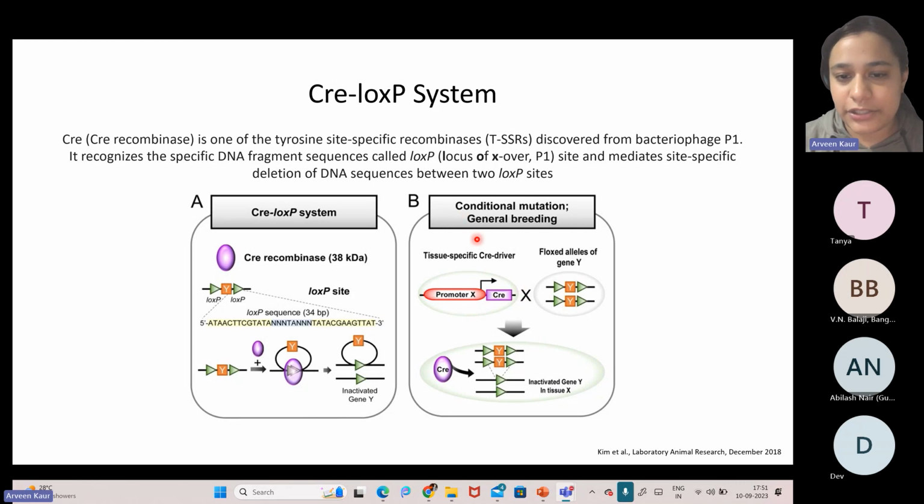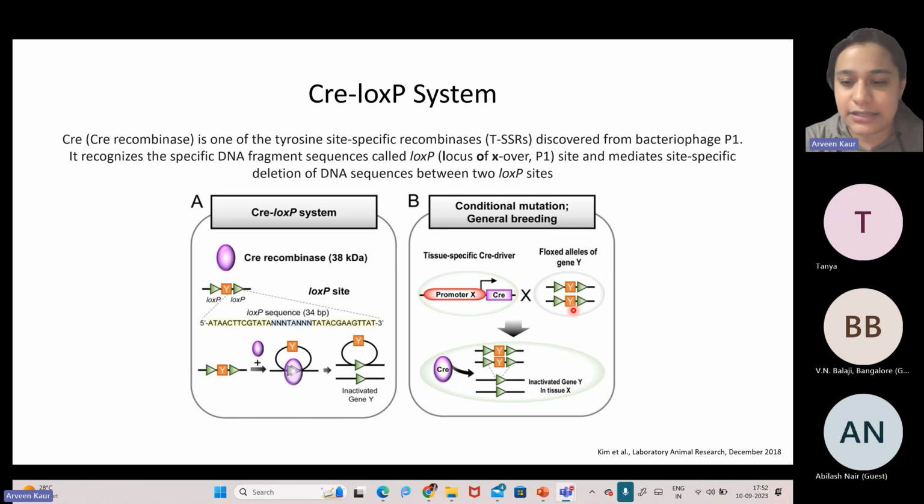This Cre is not normally active in the individuals in which this kind of breeding is done. The Cre is expressed with a tissue specific promoter. For example, if we wanted to target the thyroid gland, we cannot really target the thyroid gland in an embryo, because if we had this particular Y gene deleted in an embryo in the thyroid gland, then the individual would die. But what we want to do is that once the individual grows, after the developmental stages have been completed, and the individual has been born and can grow,